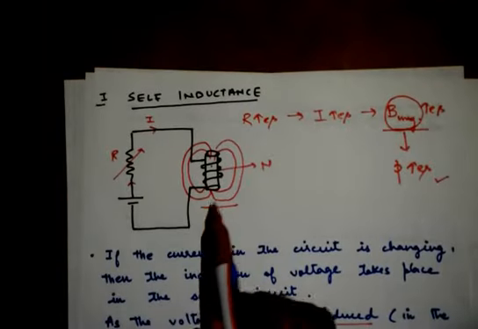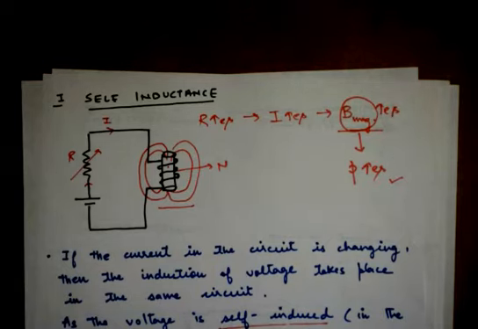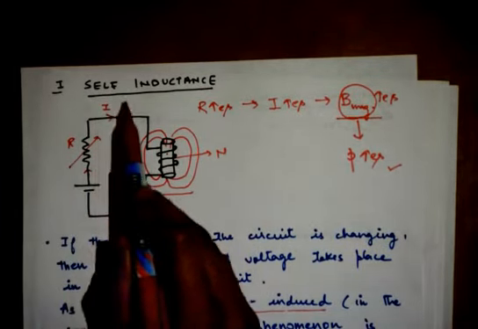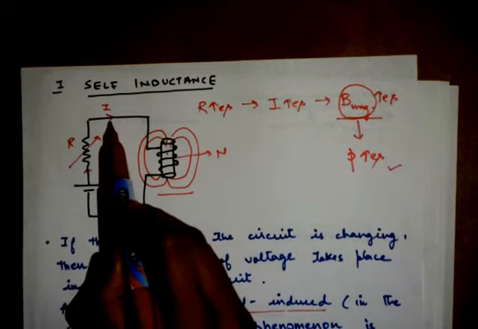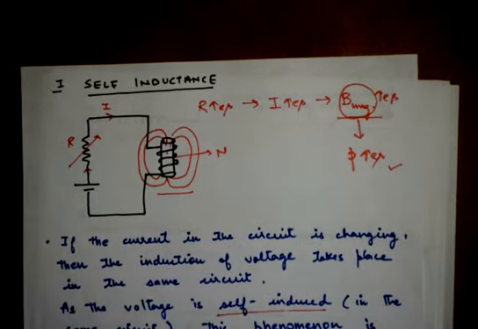So what does an inductor or a solenoid do over here? They always try to prevent the change in current. It does not mind if the current is constant. In that case, EMF will be equal to 0. So if we do not provide the variable resistor over here, then the current is going to remain constant. So this constant current which is flowing through this solenoid will not induce any voltage in this solenoid. So in that case, the EMF is going to remain 0. So inductors don't mind the current, they mind the change in current. Alright.